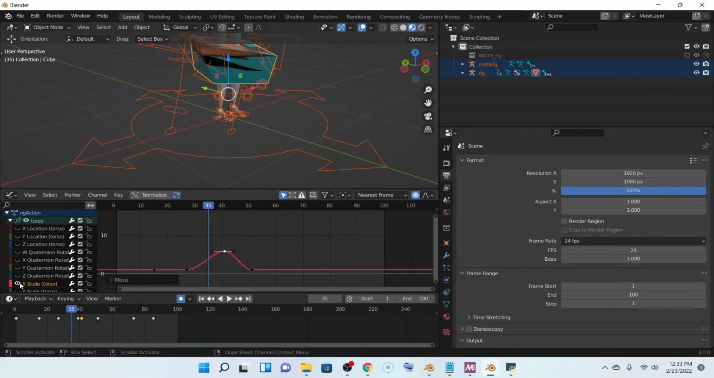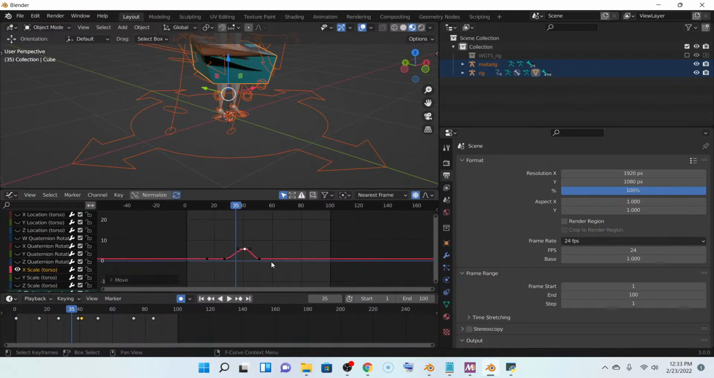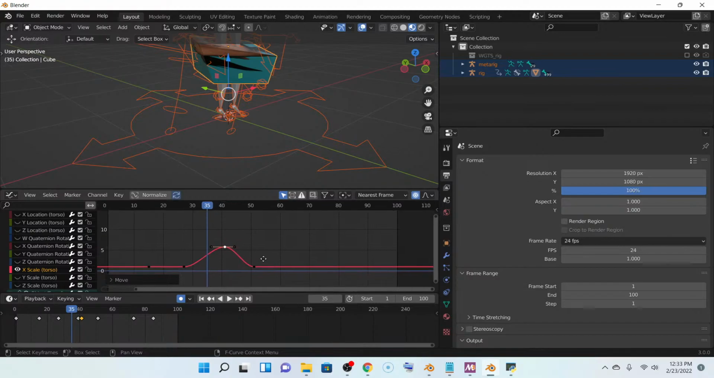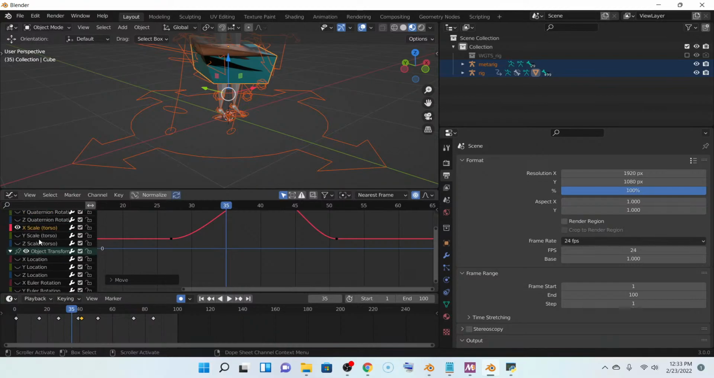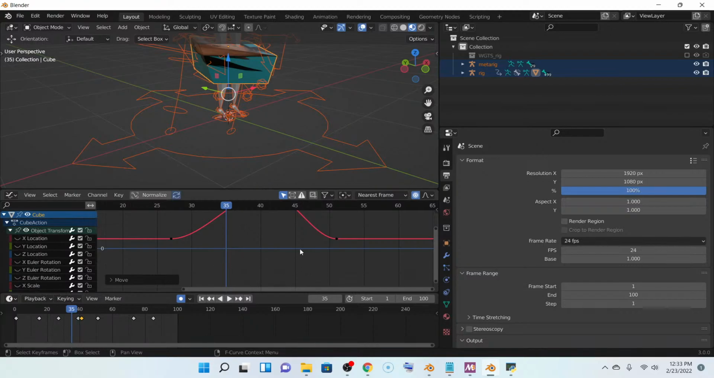Okay. Yep, that's that. And something else is selected as well. X scale, get rid of that. And what else is here? I think I got everything deselected for the most part. And this right here is just